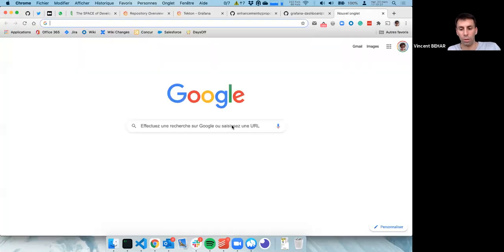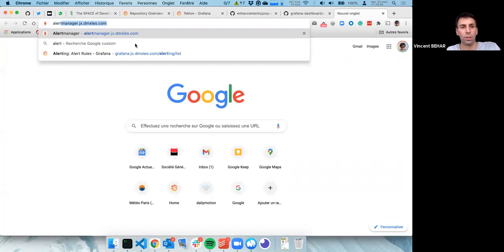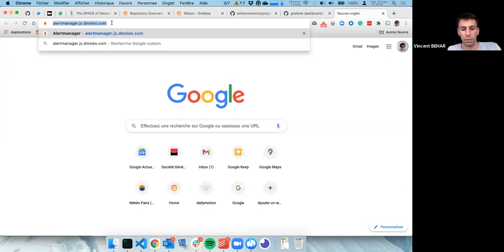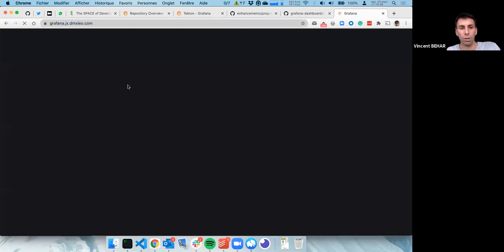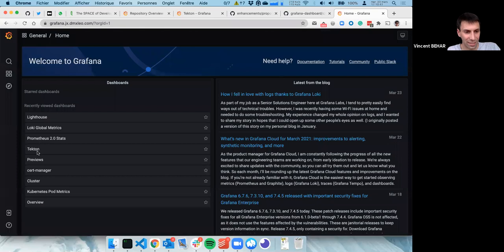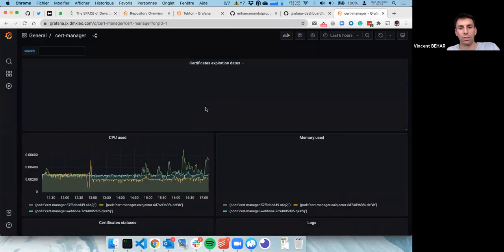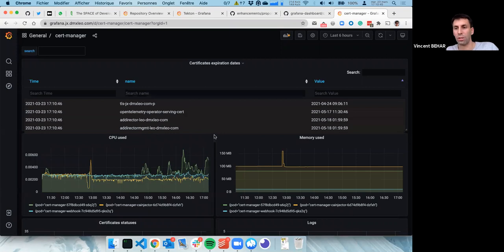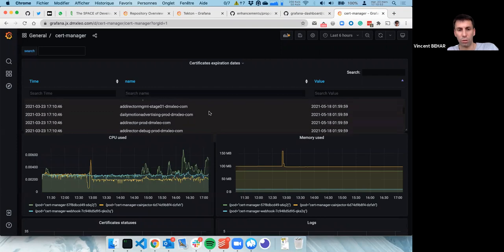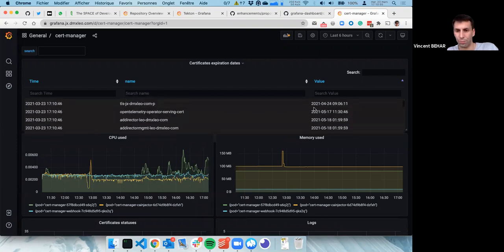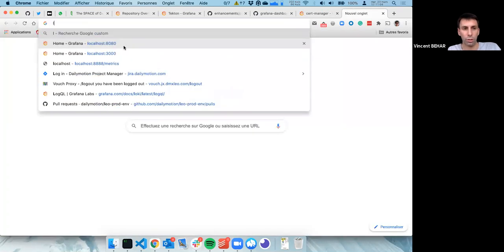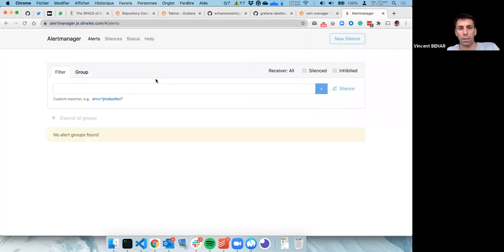So I can show you an example of how it works in, let's say, a real cluster. This is our own cluster, which is still on Jenkins X version 2. But you can see when we have certificates that we can see all the certificates and the end date of the certificate. And if I go to the Alert Manager, I did change